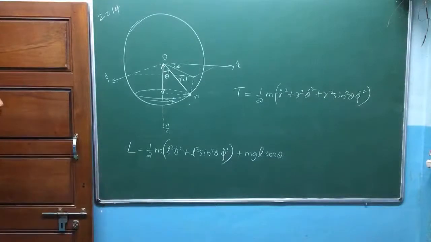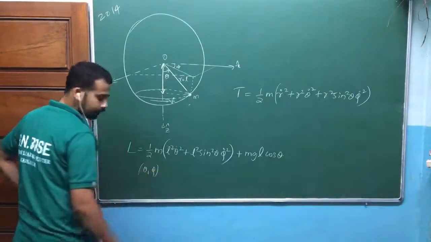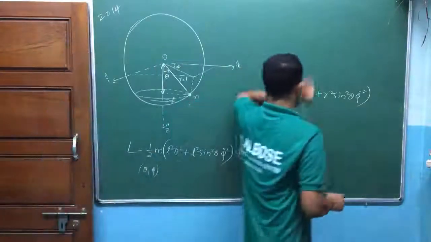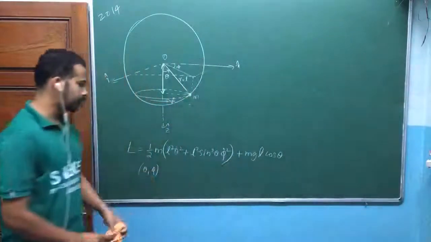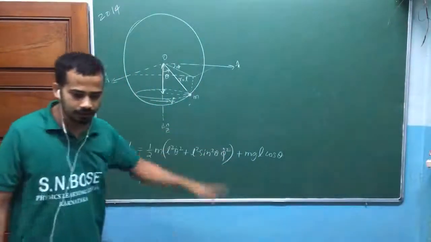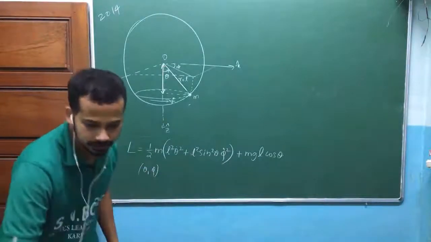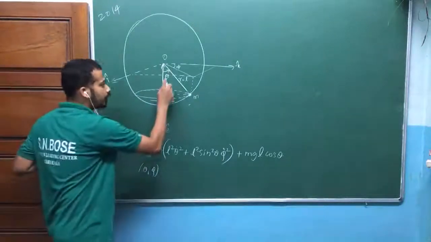Now, after writing this one, I can quickly go for the equations of motion. Look here, two generalized coordinates are involved, theta and phi. So that's why two equations of motion exist. Can you just tell me which quantity is conserved here just by looking at the Lagrangian? Usually, that is a kind of problem that they may ask, isn't it? Again, in part A of the question, he said constant theta.